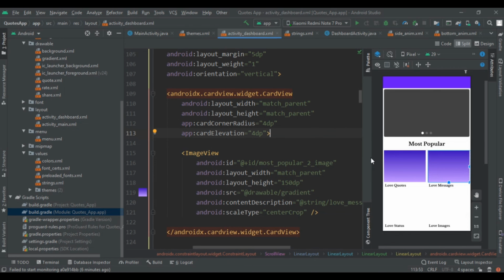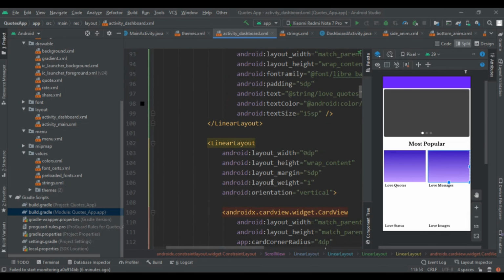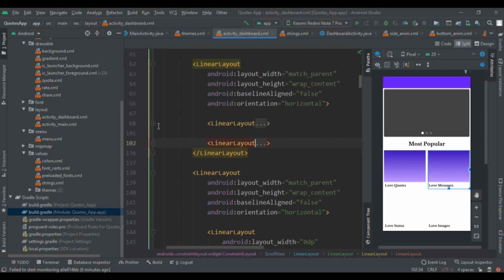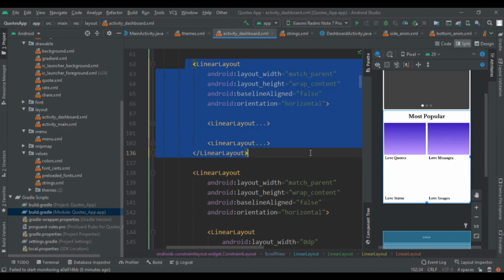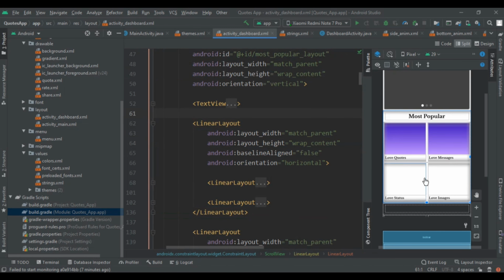Now we are going to close this layout and this layout, and both layouts have their width as 0 dp, so we aligned them equally in our layout. So you can see that our first layout is completed. Now copy this layout and paste it again and just change its id, so you will get this second layout also.